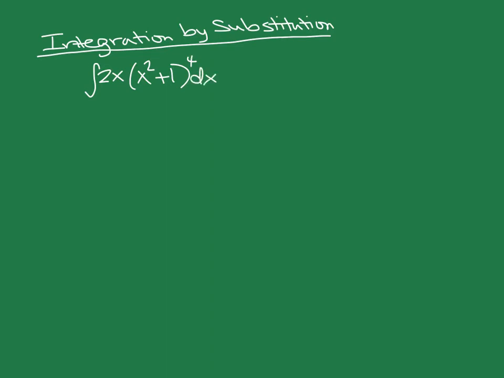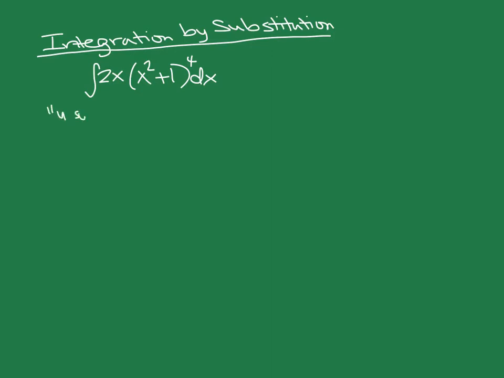this type of thing, the only way you know of right now to integrate it is by multiplying x squared plus 1 out 4 times and then multiplying it by 2x. If you did that, there'd be a high probability that you'd make a mistake in there somewhere just because it's such a long, complicated process to do. So rather than writing out a complicated product, we are going to use something called